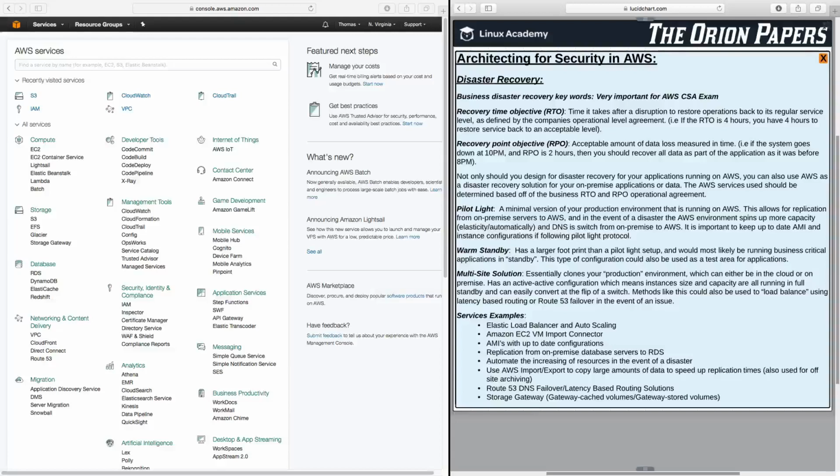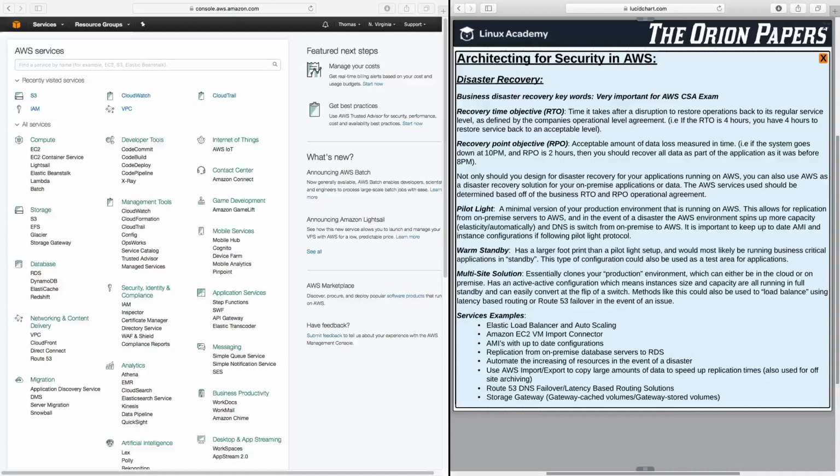This allows for replication from on-premise servers to AWS, and in the event of a disaster, the AWS environment spins up more capacity, right? Because we have elasticity and we can automatically do this and switch the DNS from on-premise to AWS. So basically, if we're running our full application on an on-premise data center, we can have a smaller version of that application on AWS. And if there's an issue with our primary application and our on-premise data center goes down,